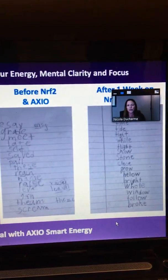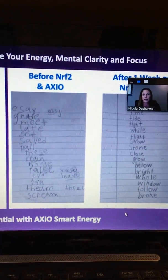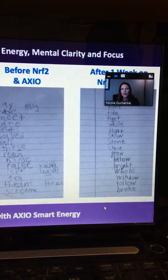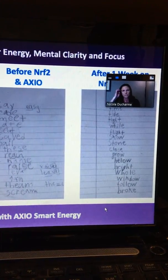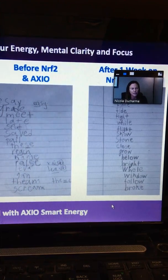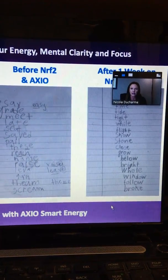But you'll see on the right-hand side, and this just blows me away, it's so beautiful. On the right side of the slide, you'll see the first list that this child had written before Nrf2 and Axio. And then the second list is after Nrf2 and Axio. And we're not talking a year after either. We're talking short-term benefits that are effective and it starts working right away. So you can see clearly there's a massive change in the handwriting of this child and just their ability to express themselves and write in a controlled and